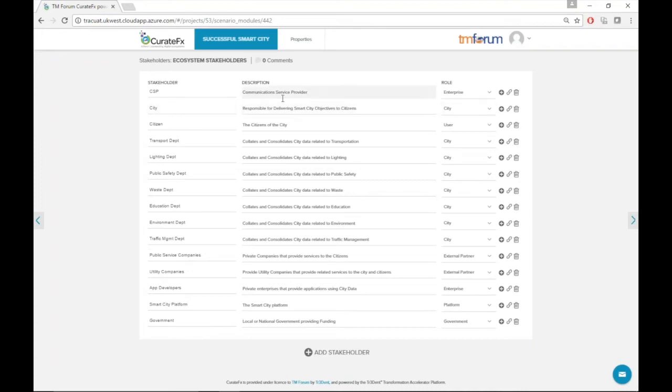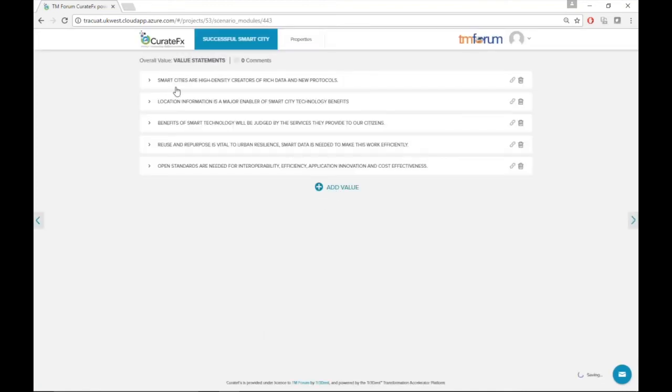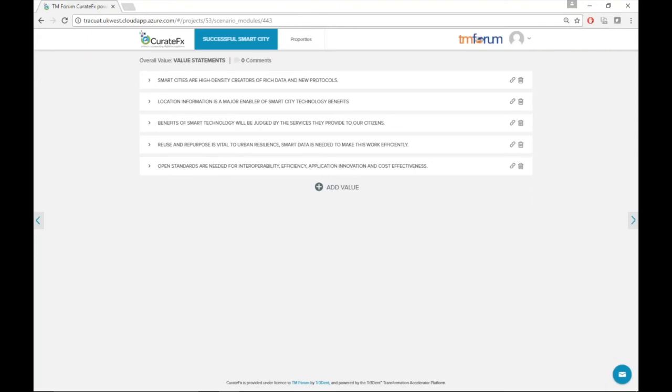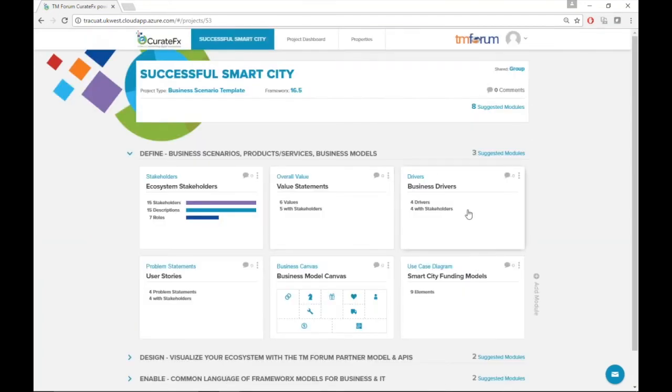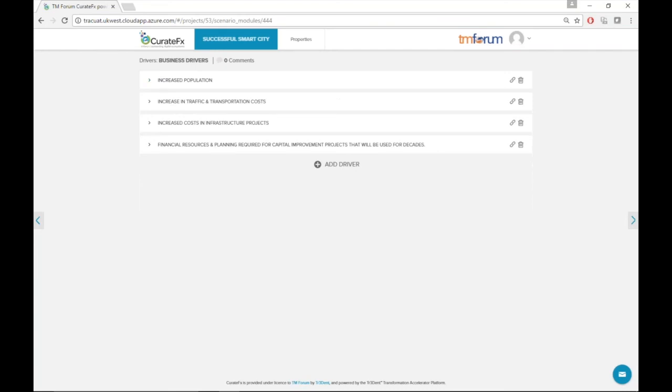You've got a lot of descriptions, stakeholders, roles, etc. in place, so your vocabulary gets big as you go through these value statements. And you've got stakeholders that are being used and applied to each of the value statements, and you get a long list when you add a new value statement of all of the stakeholders that you can choose from. So here we've got quite a few value statements going, but I would say there's probably room for a lot more. Always lots of ways to think about how you're driving value out of something as large and complex as a smart city. Business drivers, same thing, right? We've got a number of business drivers in here. We've got a couple of stakeholders selected,